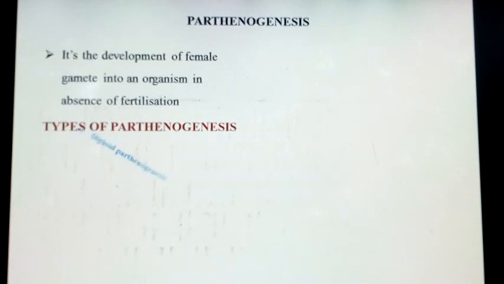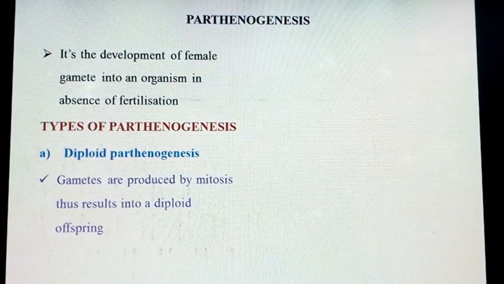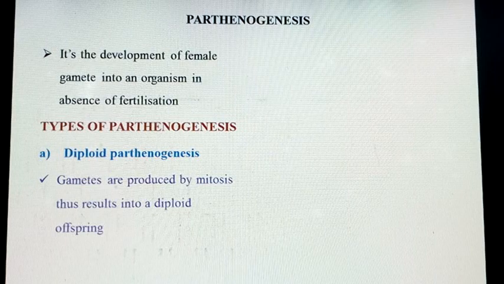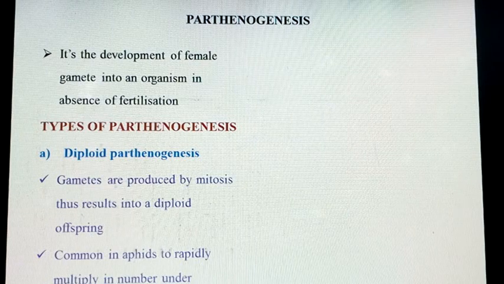If the process is mitosis, then we shall form diploid parthenogenesis, where a diploid ovum or a diploid gamete is produced, and this results into a diploid offspring. Very, very common in aphids,